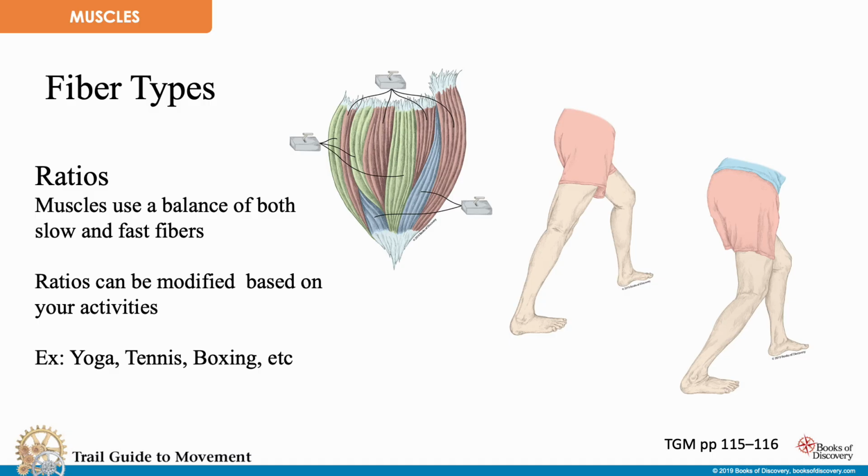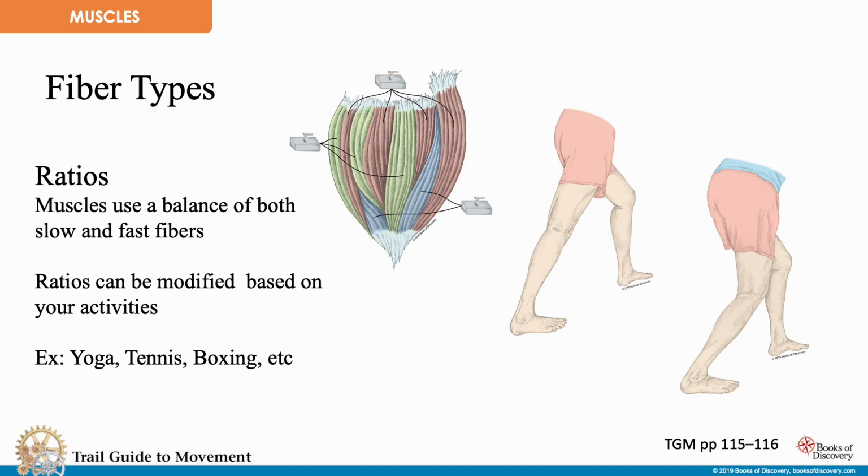So here's the cool part for your clients. Ratios can be modified based on your activities. The body is incredibly adaptive. So if you start training for a marathon, your intermediate fibers, those type 2As we just talked about, will actually start behaving more like slow twitch endurance fibers. So that's why training is important. It's good to go over this with your clients. And if you switch to heavy powerlifting or boxing, they'll shift towards that explosive,